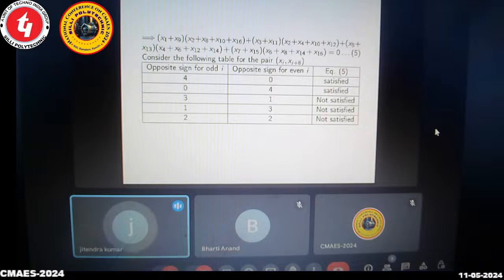After simplification of the previous equation, we will get equation 5. Equation 5 will be these 5 possibilities. First, if i is an odd number, then only 4 pairs are of opposite sign. The number of opposite-sign pairs where i is even is 0, then equation 5 is satisfied. And when there are no pairs having opposite sign for all i, and opposite if i is even and all odd pairs are from there, then equation 5 is also satisfied, and in the remaining 3 cases equation 5 will